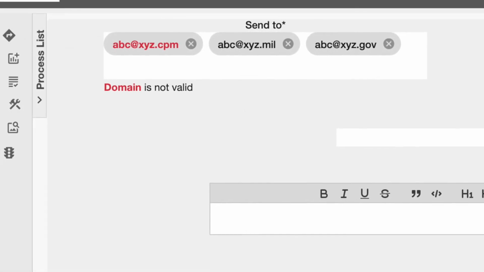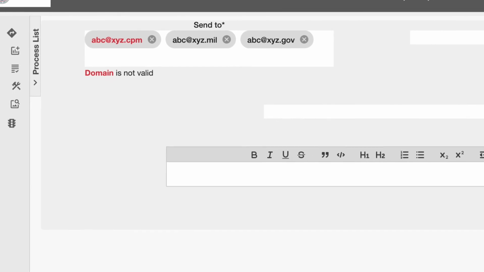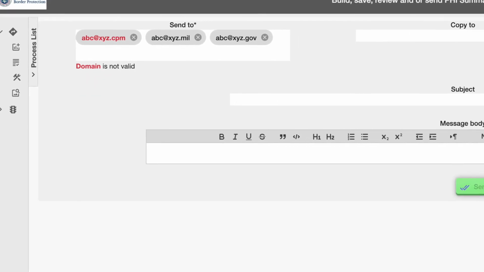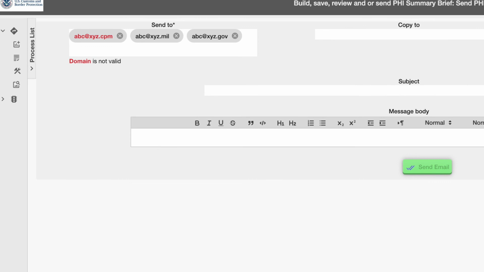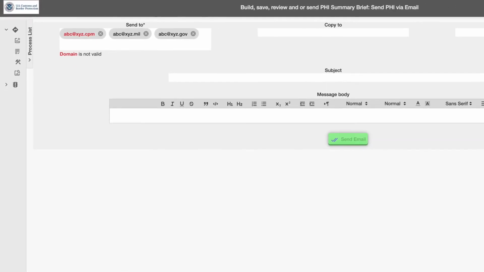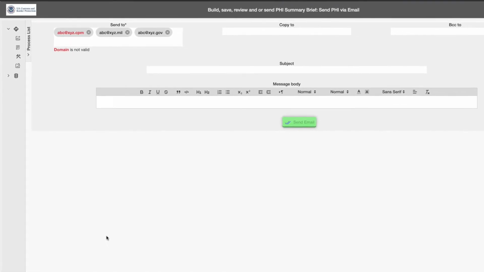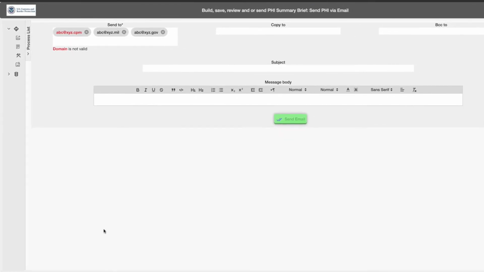Only email IDs ending with .gov and .mil are allowed. However, before sending the PHI summary briefs to a PAE, the user should pay attention as the PHI summary briefs of all offices are attached with the email, and that can expose the PHI data of other PAE offices.